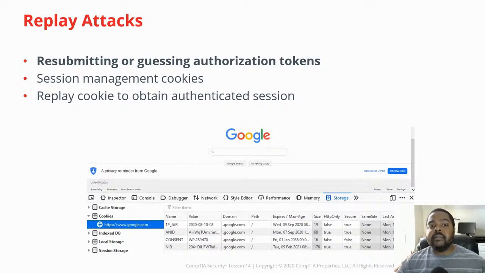So if I go to a spot, let's say my banking account, and they give me a session key in order for me to do some transactions, but then I'm compromised in a way and the hacker sees my session key. Hopefully it had a time to live on it, which is a TTL, and that normally cuts the session off at a certain amount of time. But sometimes you could take those session keys and put them back into a browser